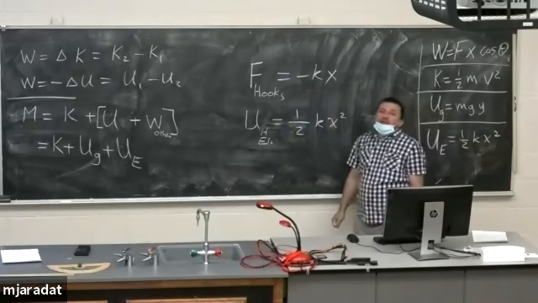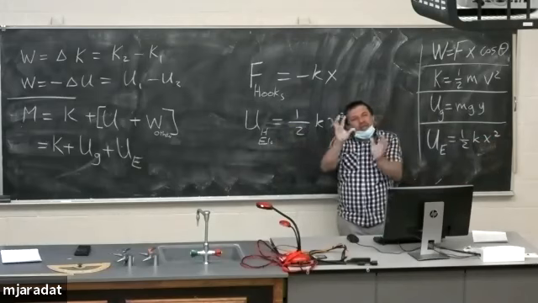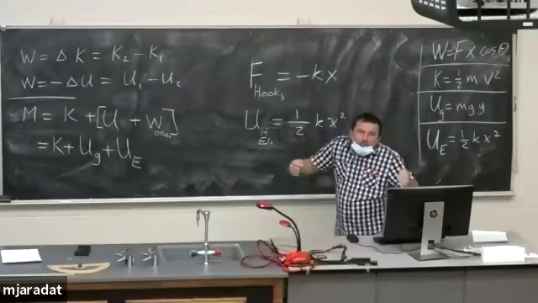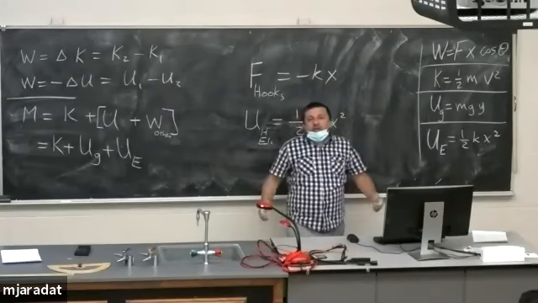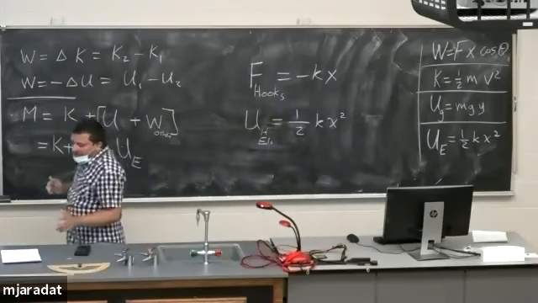K is the spring constant. If the spring is light, it is easy to move it, then K is small. If the spring needs more force to push it or expand it, then K is big. Any question about this? We will start now